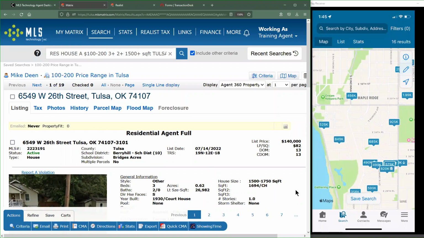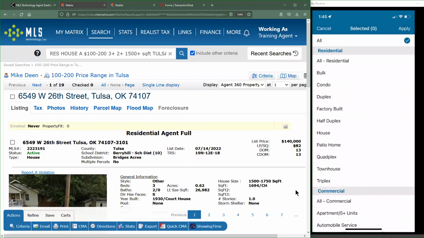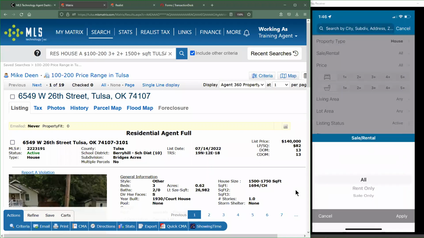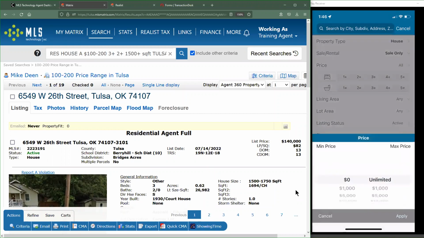If I come up to the top here where there's the filters button, this is going to allow me to switch over into maybe, let's say, a house, so specifically residential. I hit apply. I want to make sure that I'm only seeing the stuff that's for sale. Hit apply. And I'm going to set a price range. Let's actually go for 300 to 500,000. There we go.